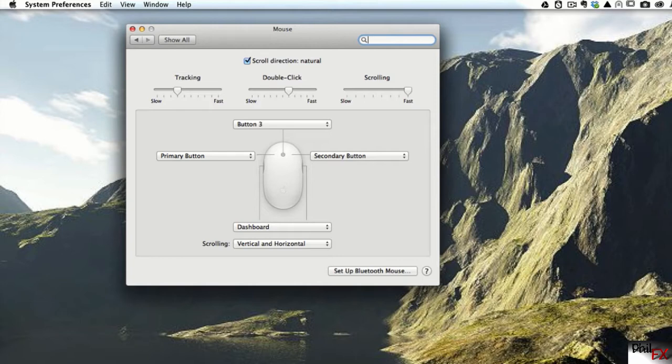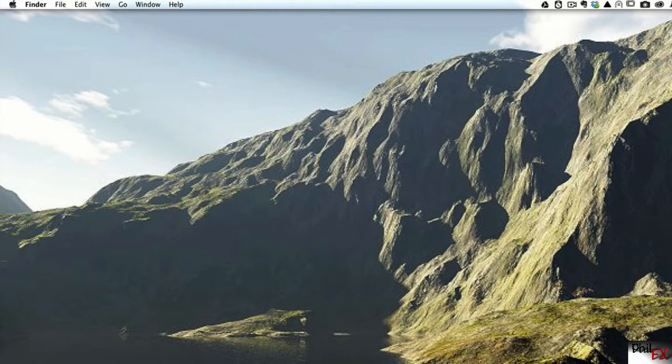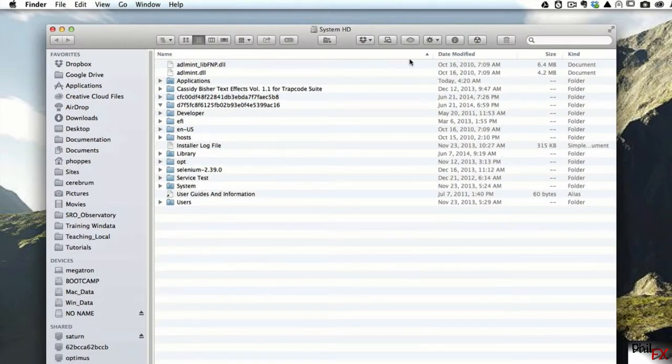And you probably need to do that every time because different classes use the computers, and somebody else may use the computer and change it back from a 3-button to a 1-button. So it's a good idea, just a routine thing when you come in, that you want to go ahead and do that. The next thing is you want to open up Maya, and to do that we need to go